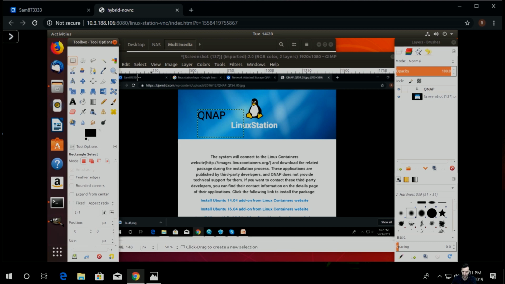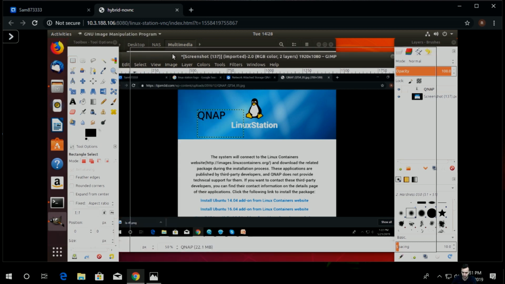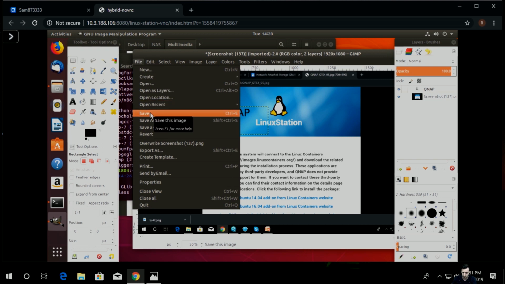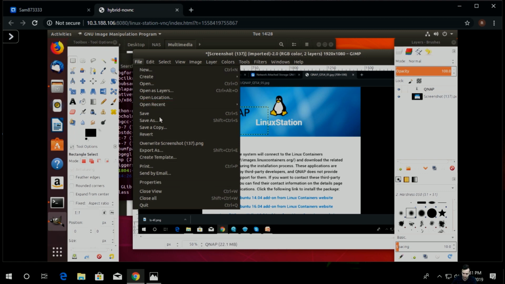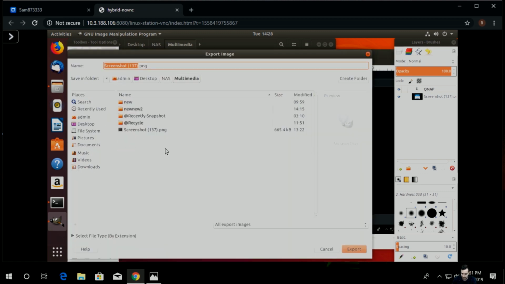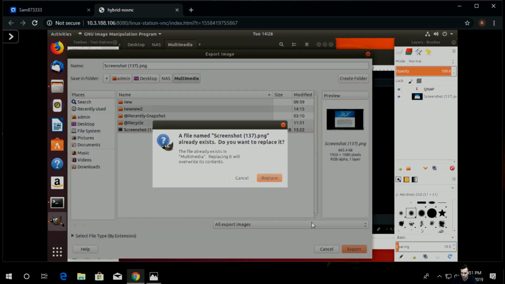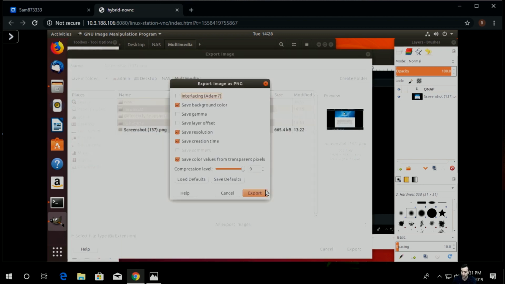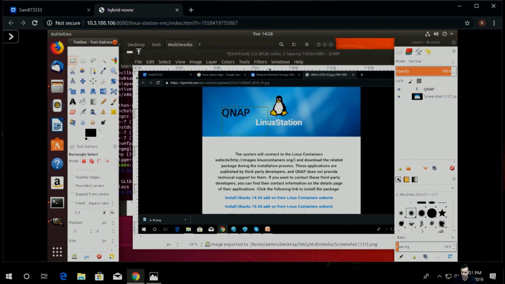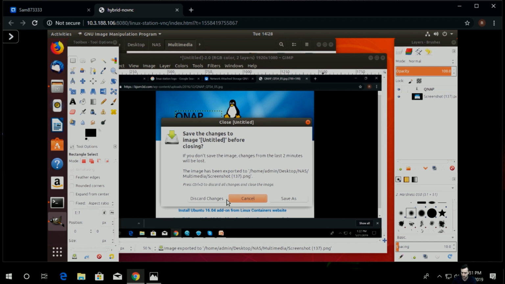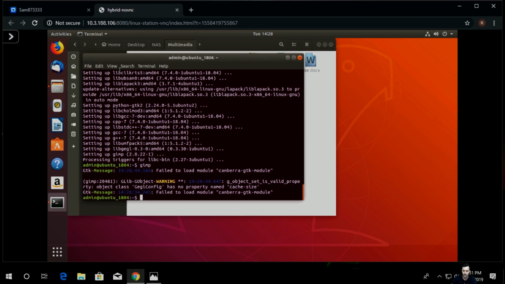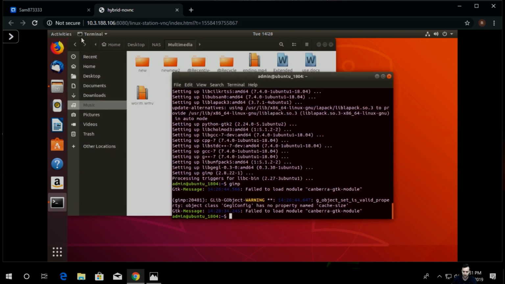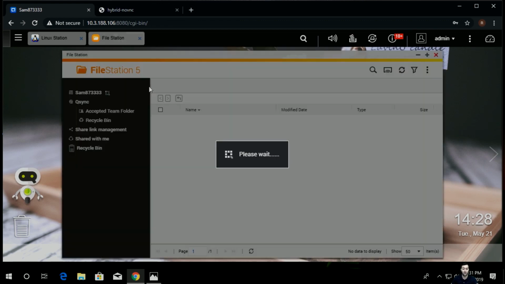So once we're done with it, I'll try to save it, save, and maybe not as this file, but export as, probably export as this one. Yeah, replace it on the spot, export, and let's see the changes. So maybe we should close it out. Discard changes here for this one, close the whole app, and let's see if we can get the same results from the file station